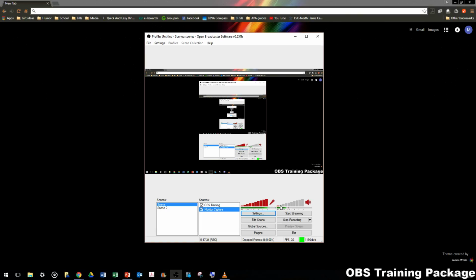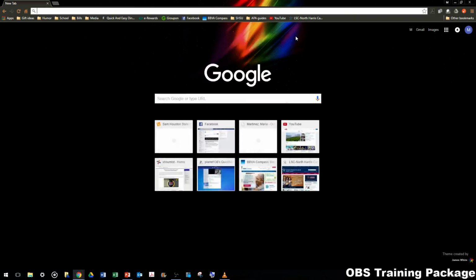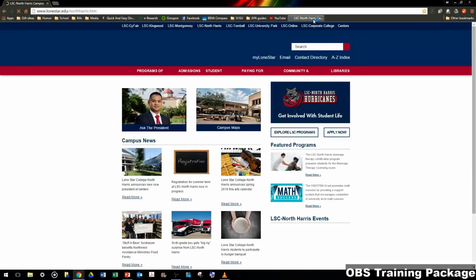So now that I have all my settings, I'm ready to, of course, record. You'll notice that here it says stop recording. Well, if I'm ready to record, I would just hit start recording and it would, of course, record. You can see that there's a timer here that shows you how long the recording is going. I am going to minimize this just to show you that it's going to record the different things